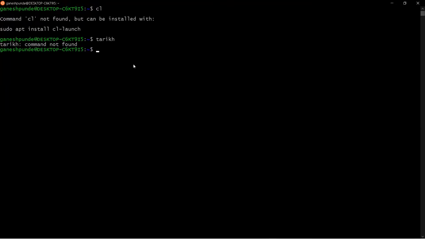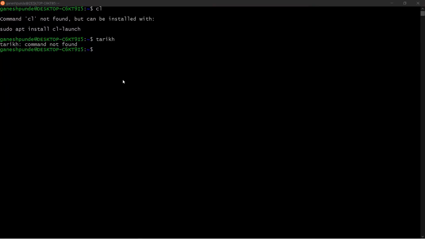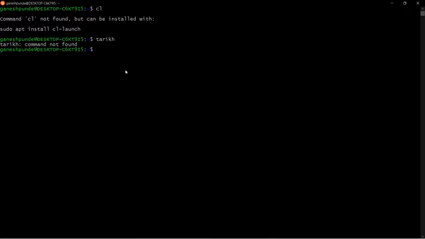So if you want to create permanent aliases, permanent alternate names, permanent nicknames or permanent shorthands, there are two ways. We saw we need to edit the .bashrc file, which is available in the home directory. So let's see.